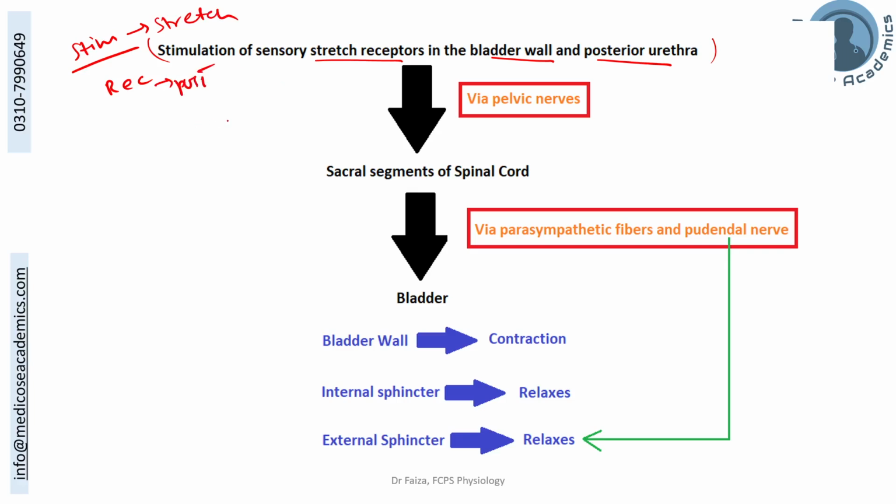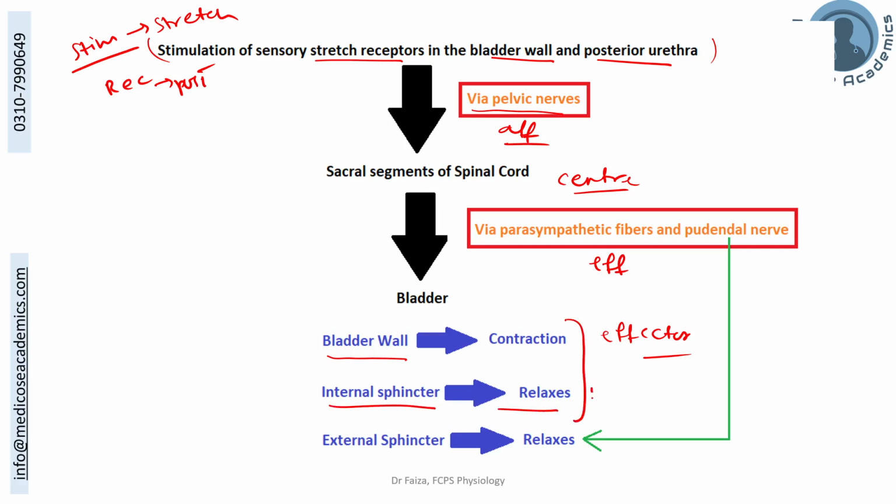This message is carried by the afferent sensory nerves via the pelvic nerves to the sacral segment of the spinal cord, which is the center of integration for this micturition reflex. From here, the efferent nerves in the parasympathetic fibers and the pudendal fibers carry back the message to the effector organ. So the parasympathetic fibers lead to contraction of the bladder wall or detrusor muscles and relaxation of the